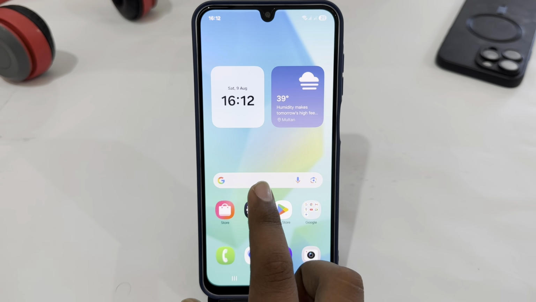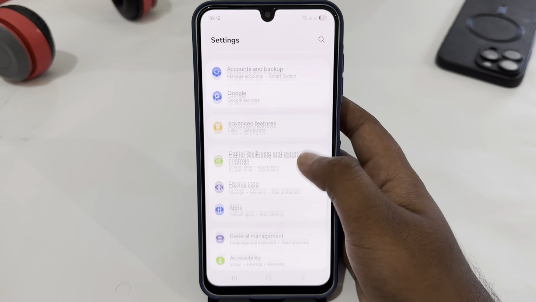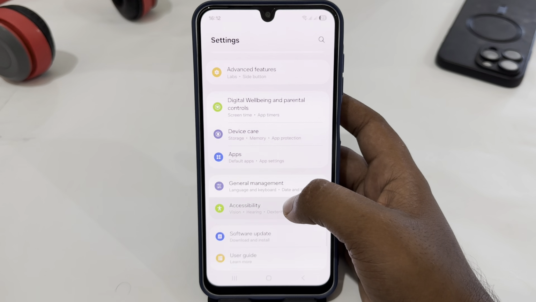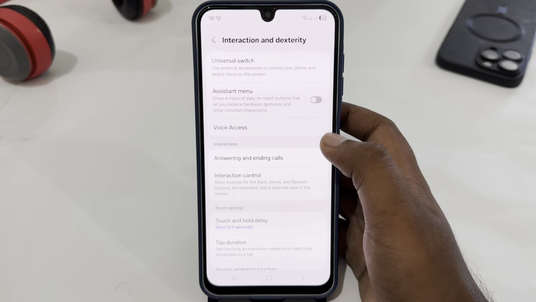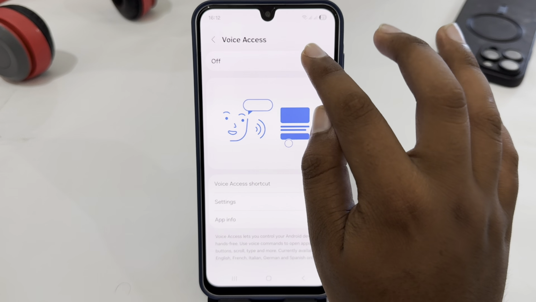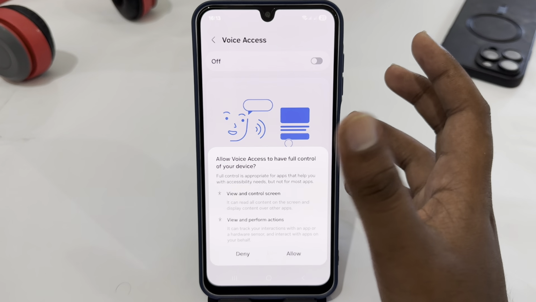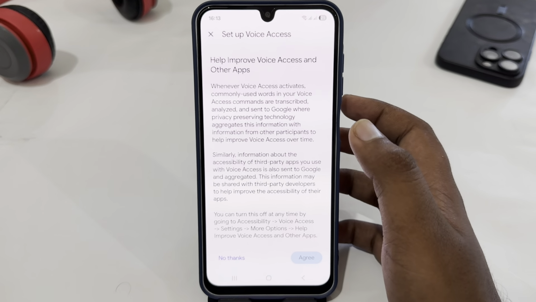You have to open your phone settings. In settings, just look for accessibility. Here it is, just tap on it. And here just select interaction and dexterity. Select voice access from here and you have to enable this. Just tap on or toggle it on to enable, and here just select allow, and here you have to